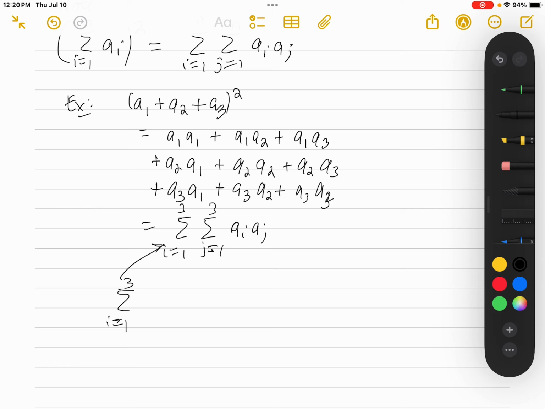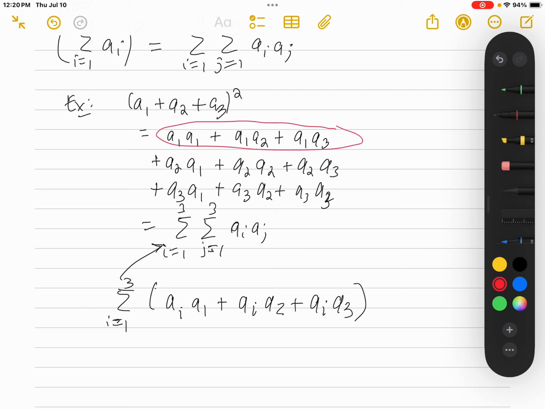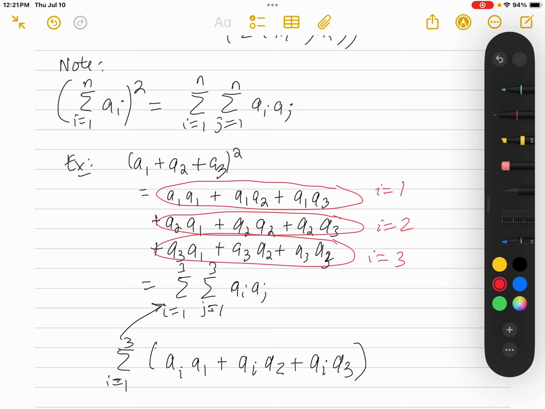Because what this double sum is, the sum from i equals 1 to 3 of ai a1 plus ai a2 plus ai a3. And so this is just the sum of the 3 rows. Right? This first row is when i equals 1, the second row is when i equals 2, and the third row is when i equals 3. So this is the outside sum when i equals 1, that's when i equals 2, that's when i equals 3. Okay? So that explains this formula here. And we can use that